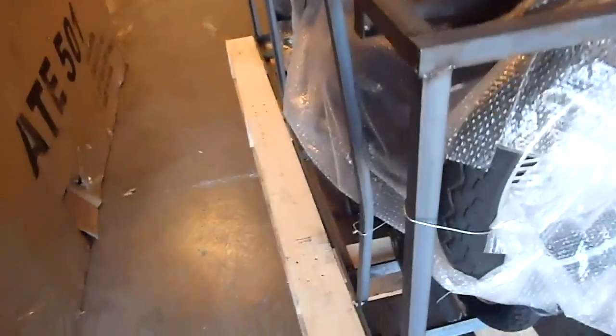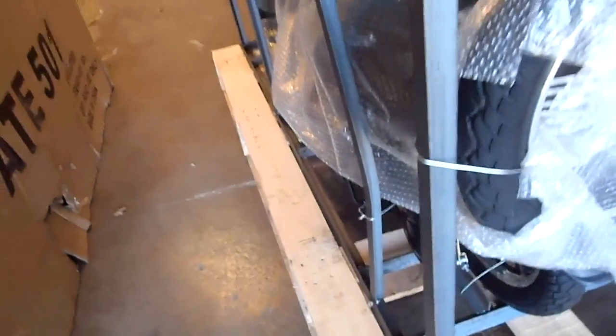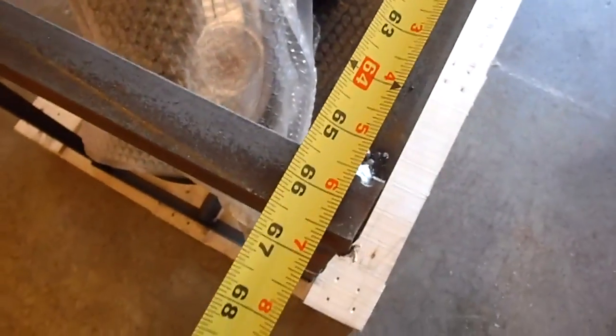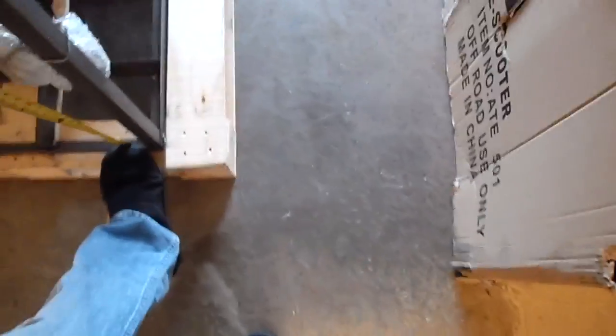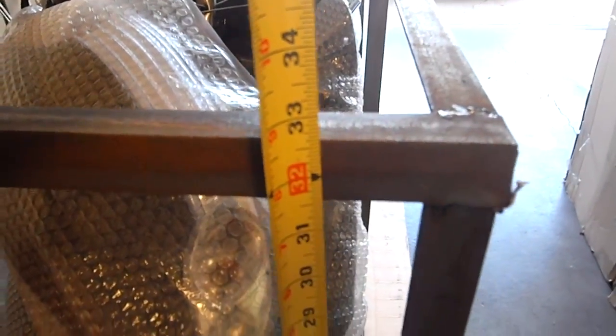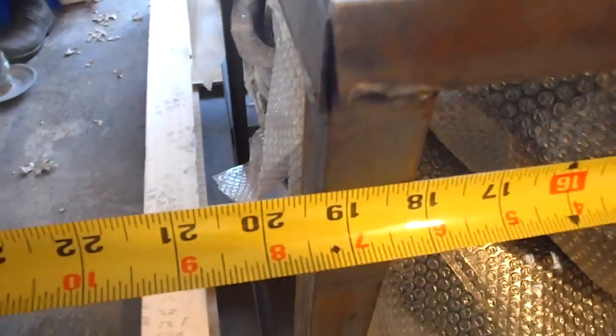It's easy to see from this angle that this here got bent, which I guess is why the cage is there. You can see here that the cage is 66.5 inches long, and a little over 32, nearly 33 inches high, 19.5 inches wide. The pallet it came on